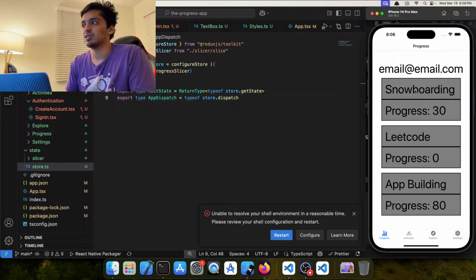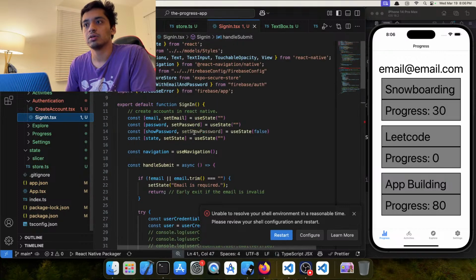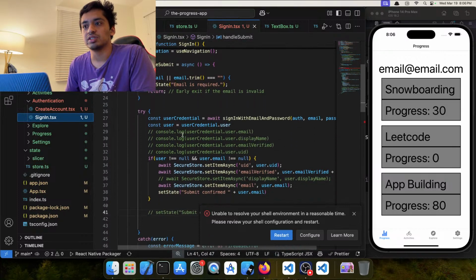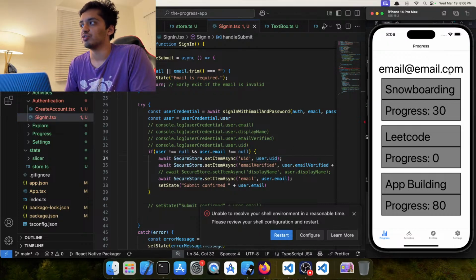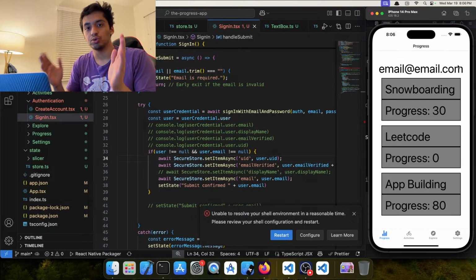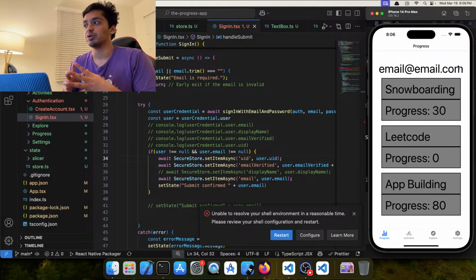The problem is we made a decision yesterday that once we sign in, we're going to save it using Secure Store. This information is privileged information, right? Email at email.com, and then there will be a number ID, a UID or UUID. That is privileged information that should not be unencrypted, and Redux is currently unencrypted. So either what we could do is we could say, hey,